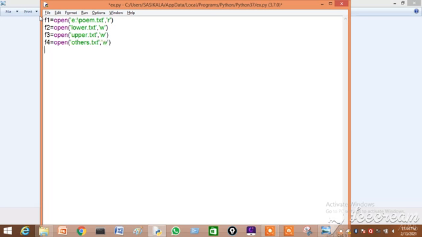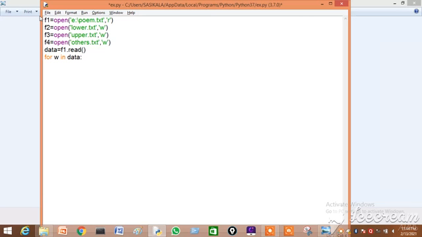So 4 files we have opened now. What is our task? We have to read the data from the one file. So data is equal to F1 dot read. We read the file, right? Next we have to read the characters. For doing that we have to use a for loop: for W in data. If you are using the read function, the file content will be a string. String only it is going to read.